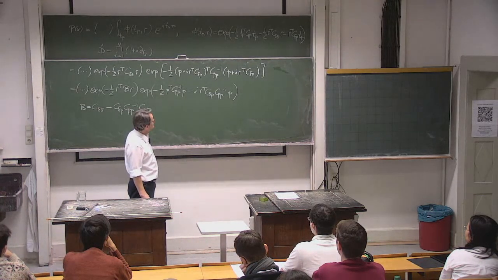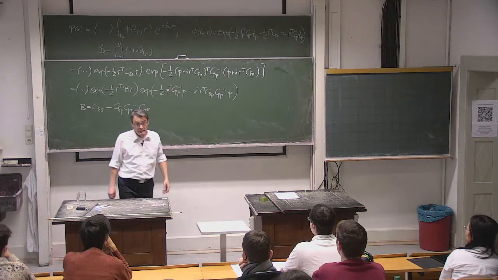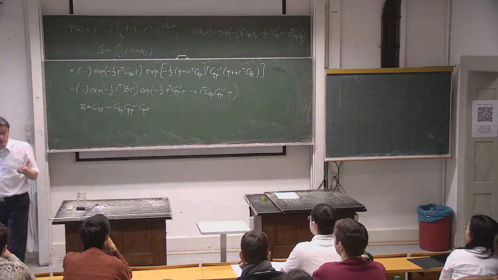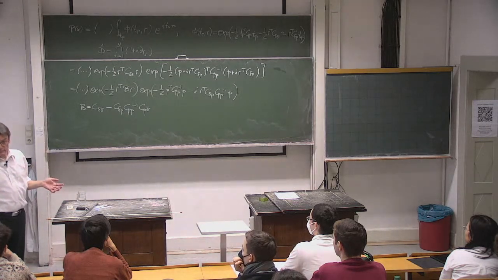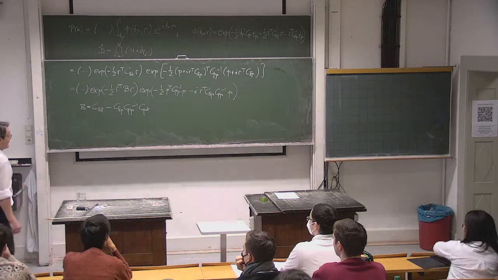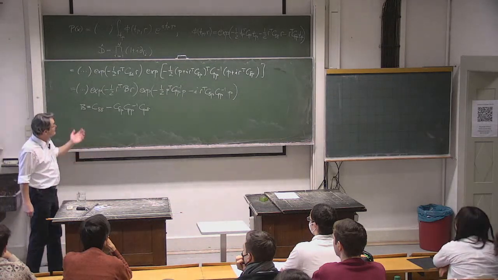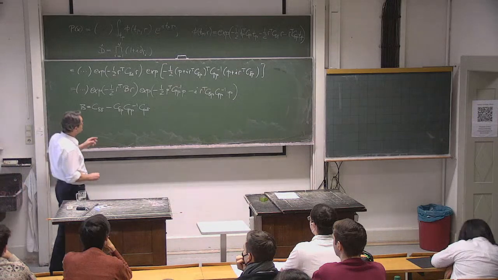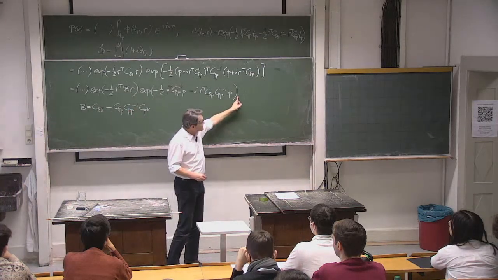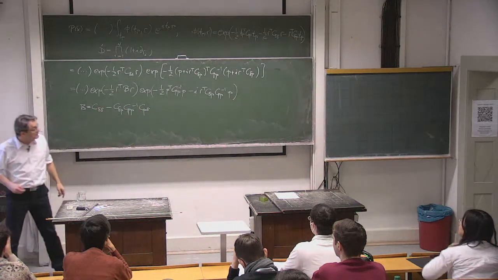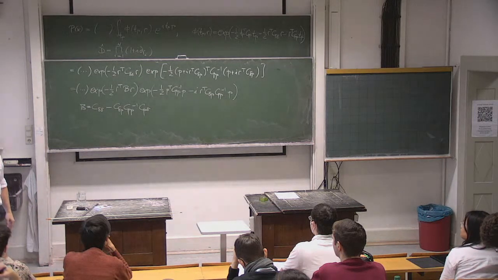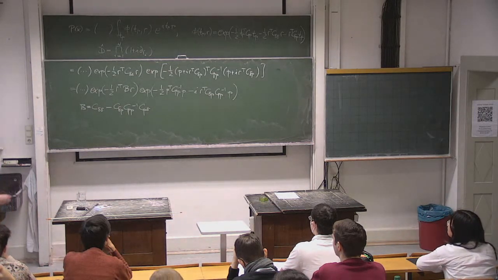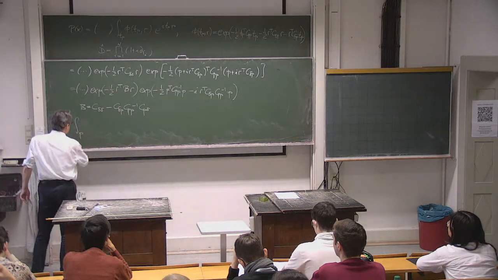Now remember, the next step was that in our generating functional, once we had density operators applied, we integrated out all the momenta. And now of course we can do exactly the same thing. So now I'm going to take this exponential factor here that contains only momenta, and I integrate over the momenta, as we have to do in our generating functional. So now I'm doing this. I'm integrating over P,